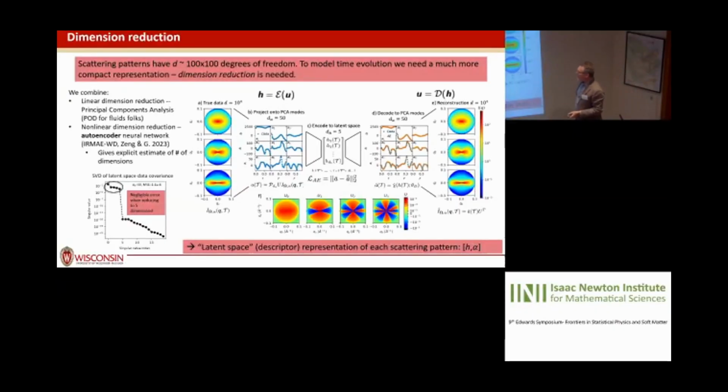And so what we're able to find for our synthetic data sets is that the phase angle is 1 degree of freedom. That's what's keeping track of the orientation of our scattering pattern. And then we need 5 other degrees of freedom. This is just the singular value decomposition of the data in the latent space: we have 5 substantial singular values, and then the rest are very small. So we throw all these away, and so we have a 6-dimensional representation of the dynamics of these rigid rods. Okay,